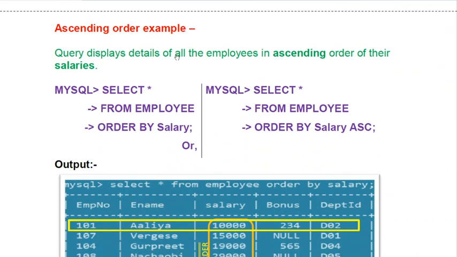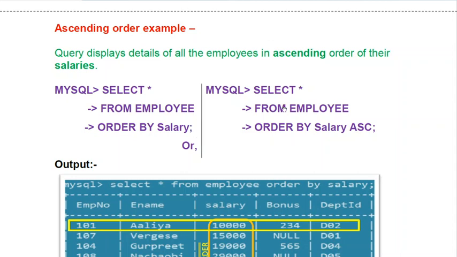Okay. Now let us take one example. Ascending order example. Query to display details of all employees. Details means all columns. In ascending order, ASC, of their salaries. It means the basis is salary. So the query will be select asterisk from employee, order by salary.